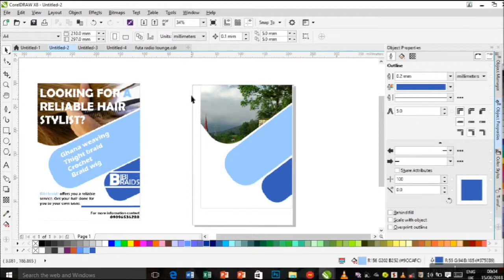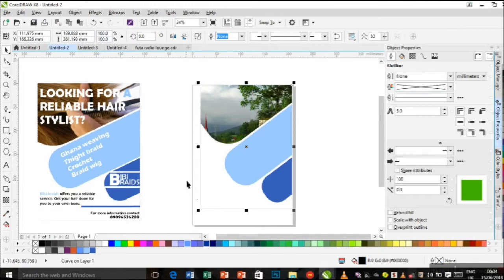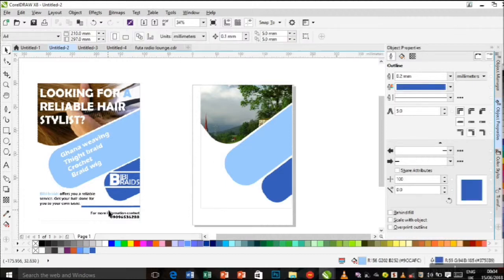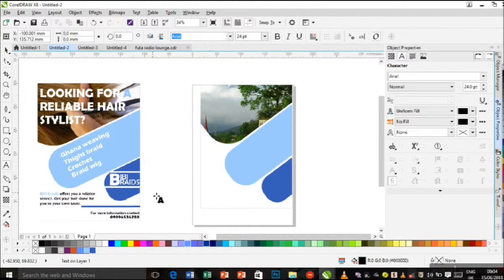Don't be deceived, this is the scale, not the real rectangle. This is the real rectangle we are working with. So once this is done, now you need to start filling your text in. You click on your text, you look for the suitable fonts that you love. Okay, now what I was writing there was looking for